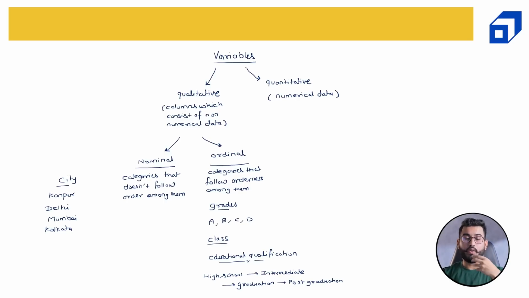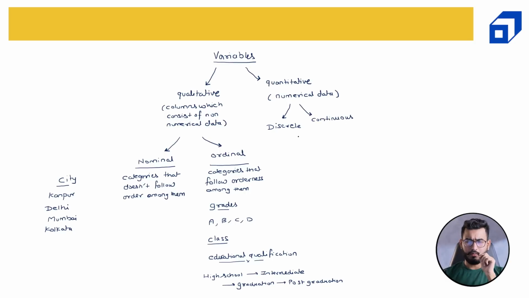We can apply all those mathematical operations on these columns, and after applying them, the value will still make sense because they are quantitative. Now, quantitative is further classified as discrete and